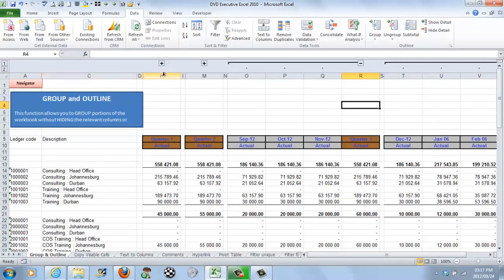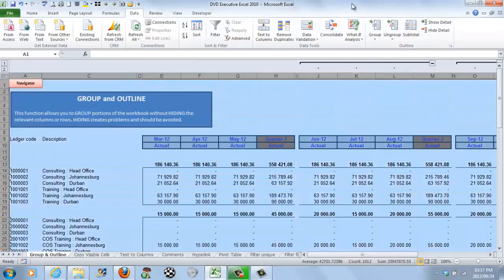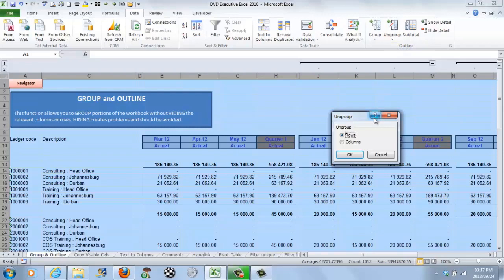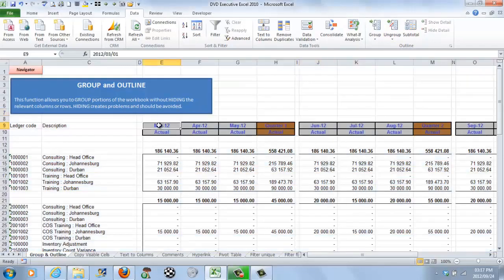To remove it, we actually work on the reverse. You highlight the ranges that you want, and you go and ungroup them. Now sometimes we'll pick on the universal button and then ungroup via that methodology. Ungroup columns, and OK. You can also try the outline methodology, which is auto outline, and occasionally Excel will actually